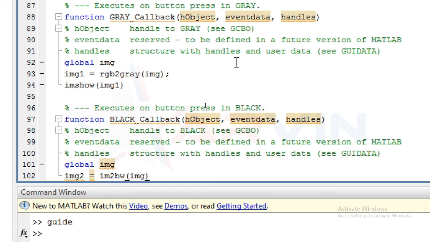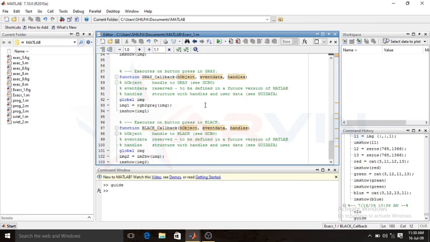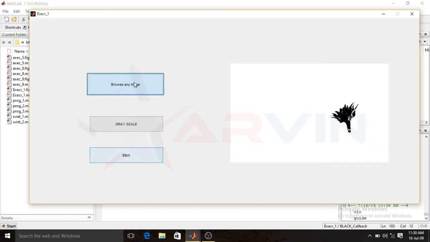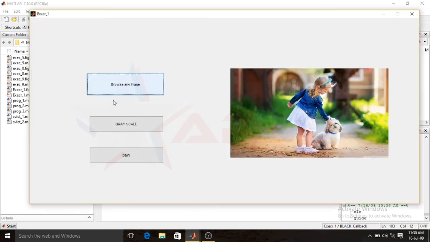Now I convert it into black and white. Now show that image. Save and play to view the results. So we again browse any image and here is the output you see.